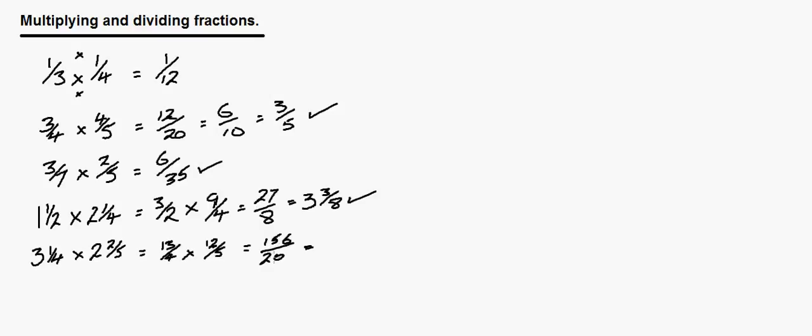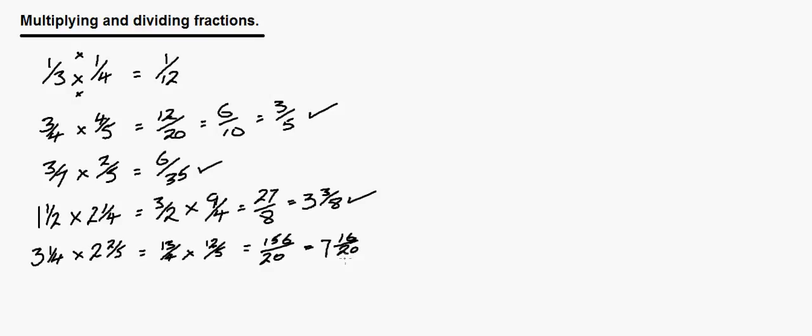Now I know that 2 7s are 14. So 7 20s would be 140, leaving me 16. So this would be 7 with 16 20ths